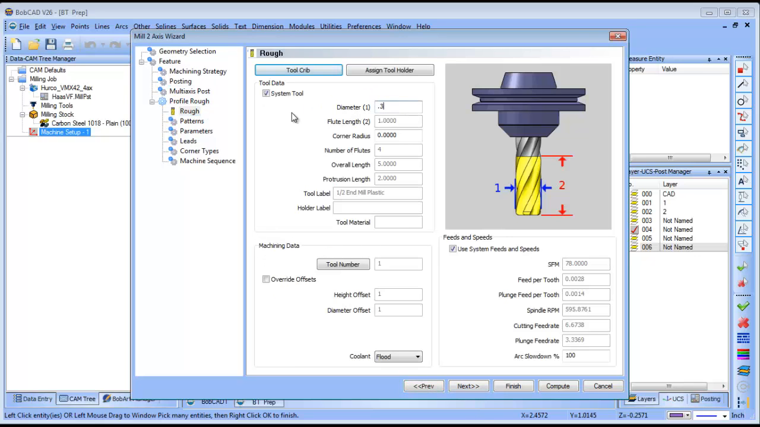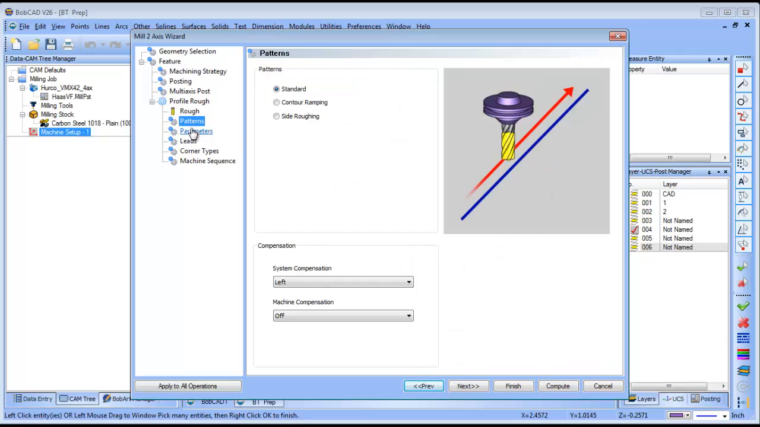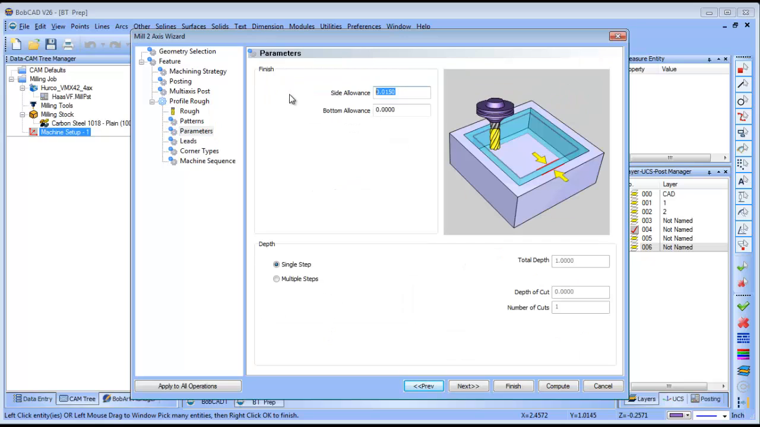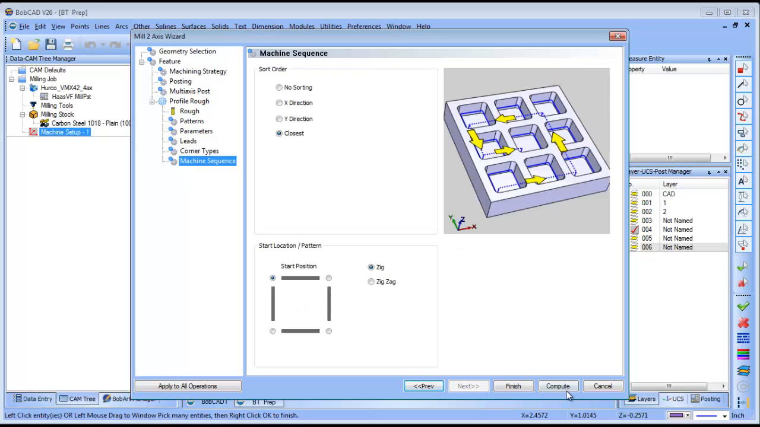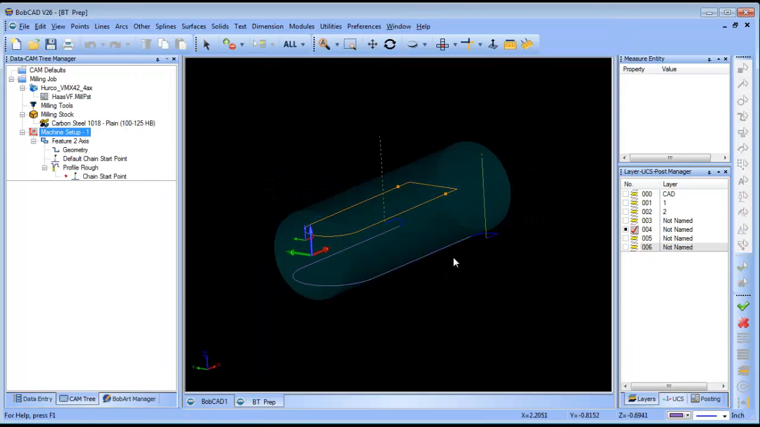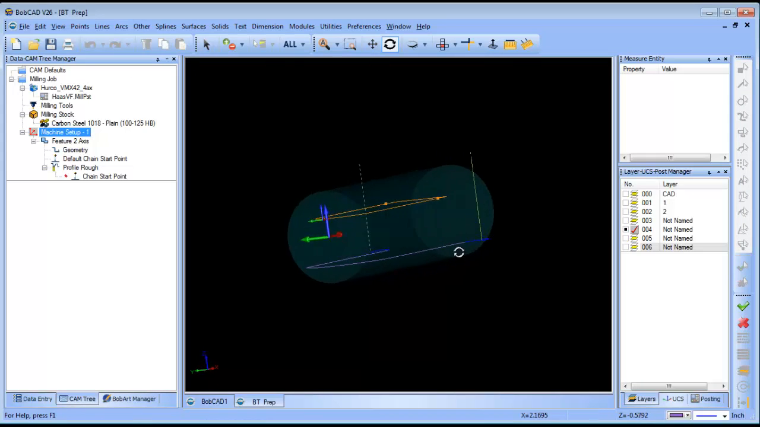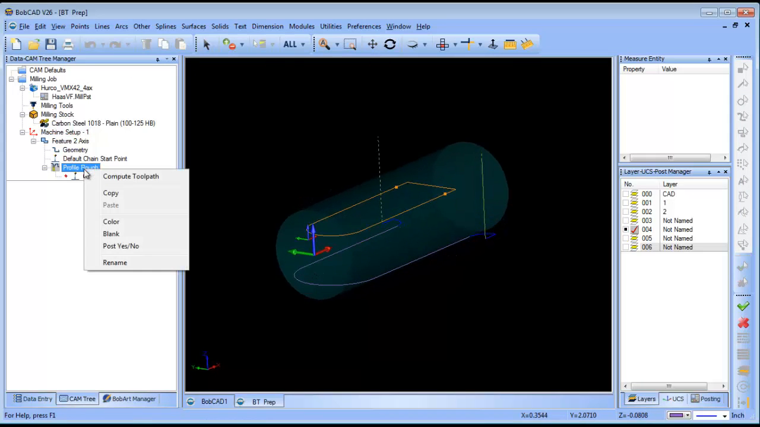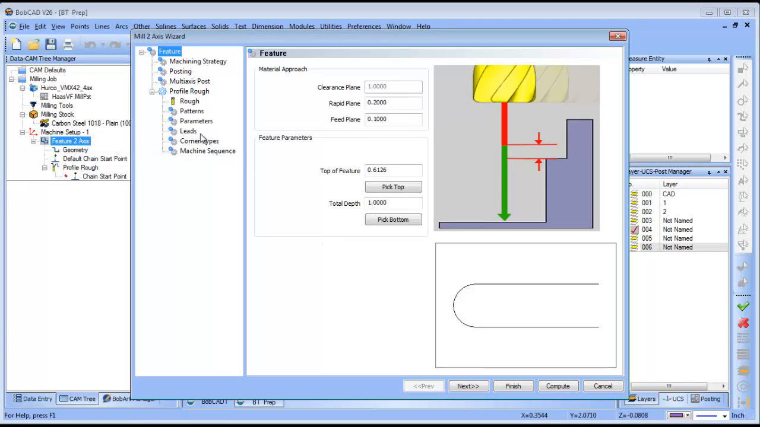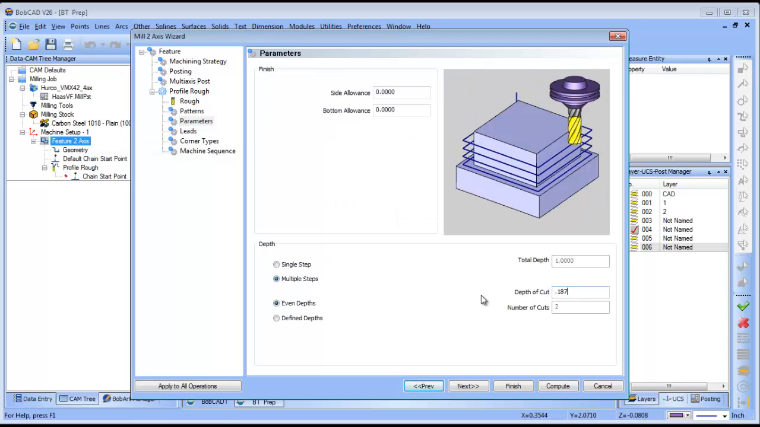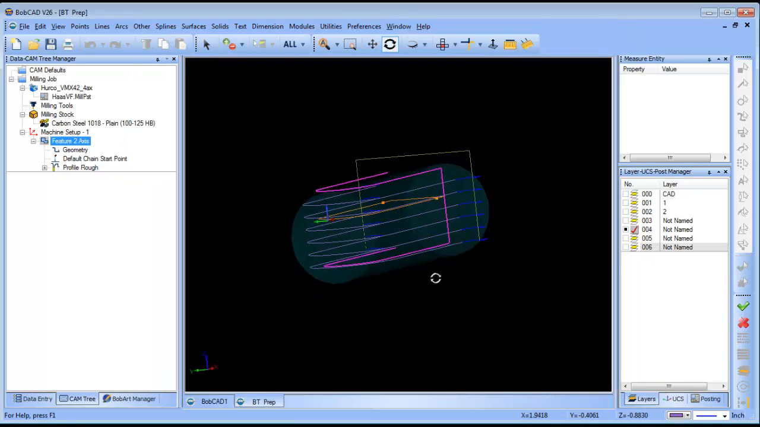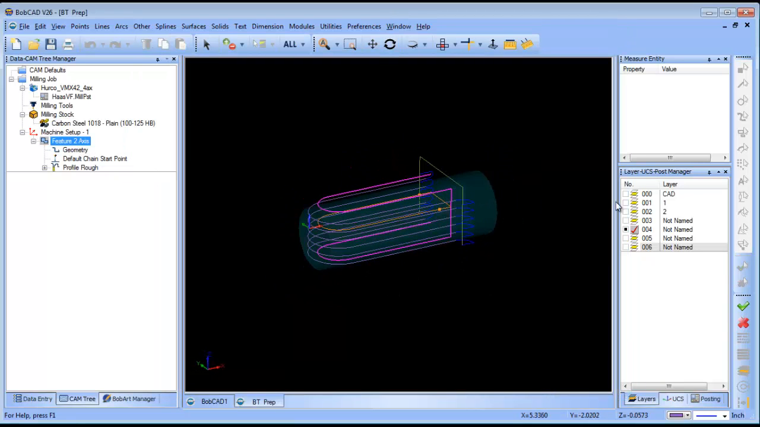We're going to use an end mill. I'm going to 0 stock for finish. Circular, that's fine. Okay, compute. Alright, so this gives me my profile cut. I'm going to give it some more increments and recompute. So let's go ahead and take a look at